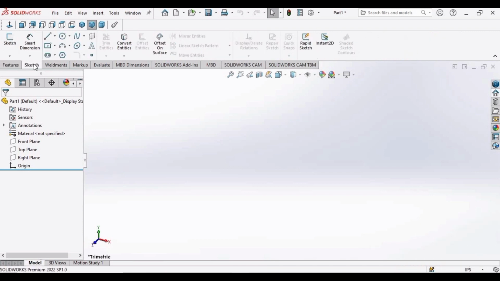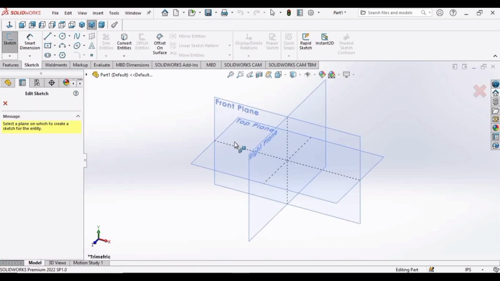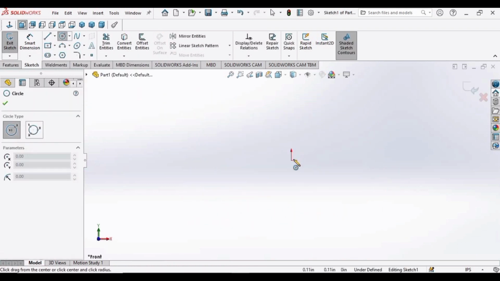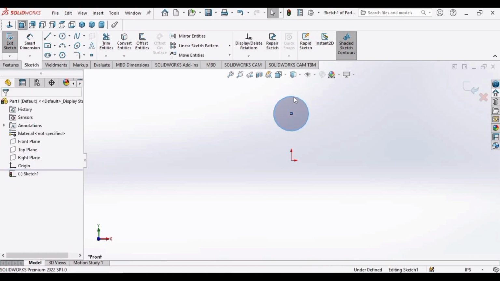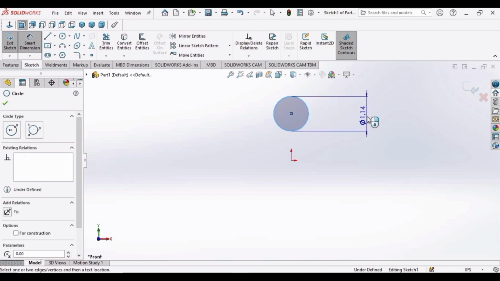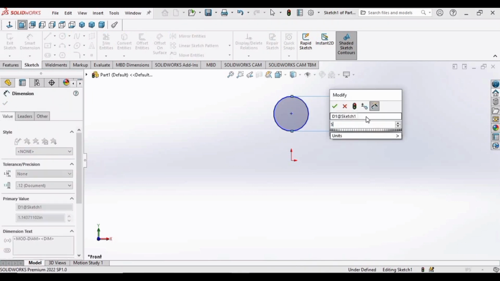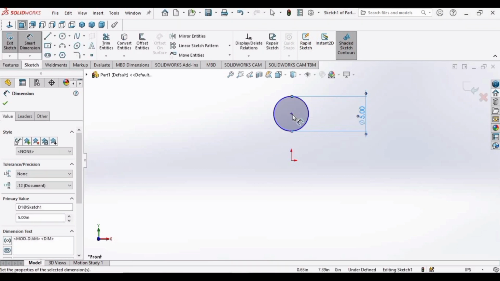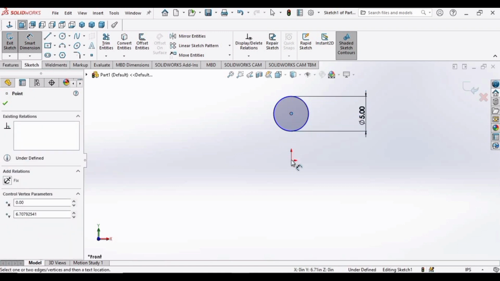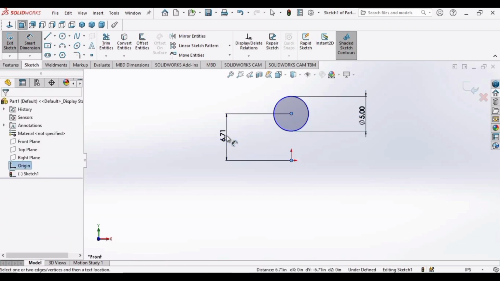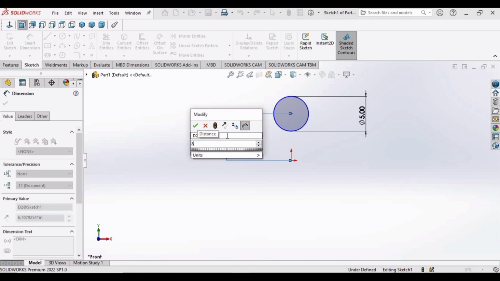Now go to sketch. Select circle, front plane, and make a circle up here. Go to smart dimension. Select this circle and make the diameter 5 inches. Now select the center of the circle and press the Ctrl button on your keyboard. Click here and make the dimension as